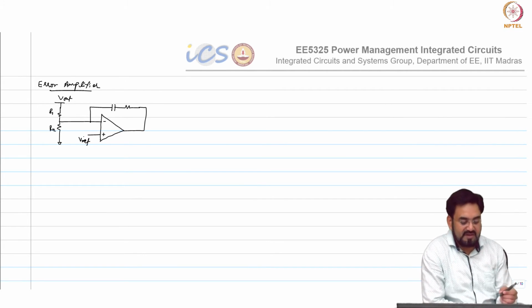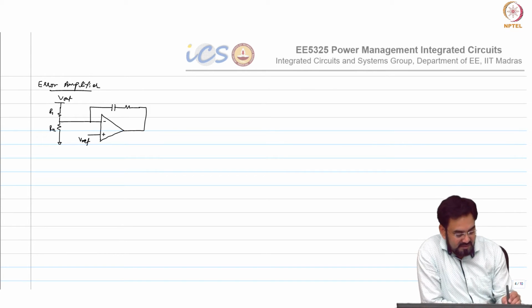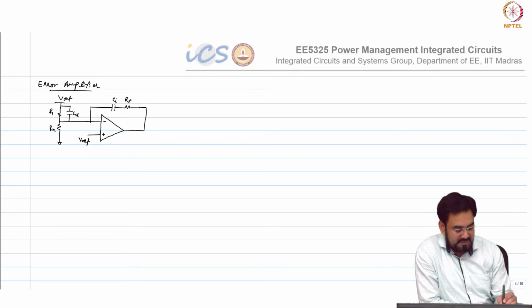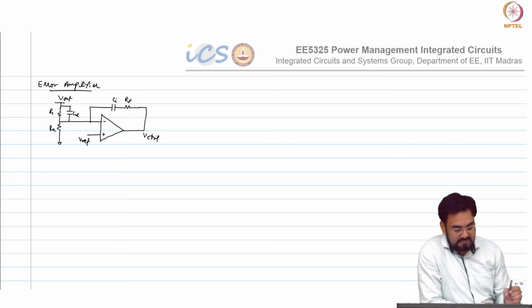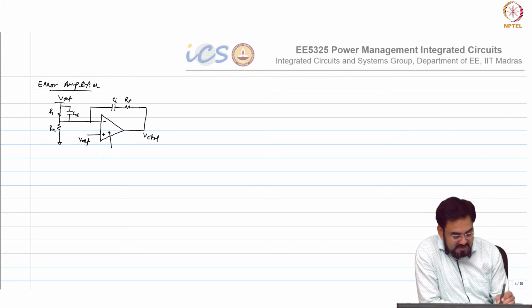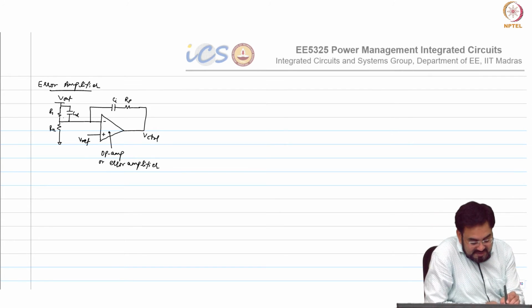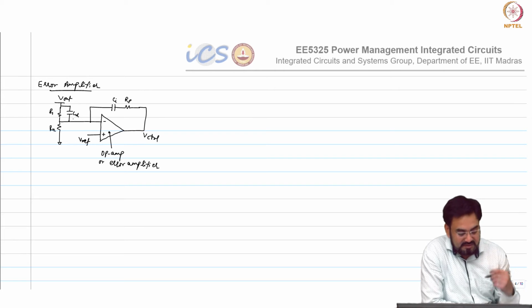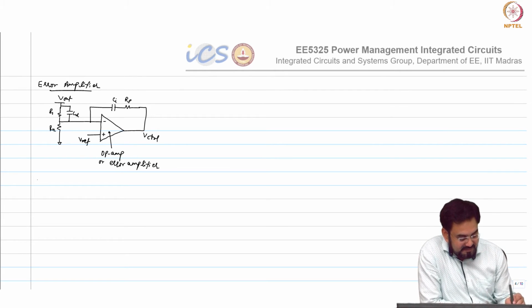So if you remember, this is what we had for type 3 compensator, and we had another capacitor, we call it CD, CI, RP, and this is your V control. So this is the op amp, or your error amplifier, and your compensation network is built around that. So one thing you need to consider actually,